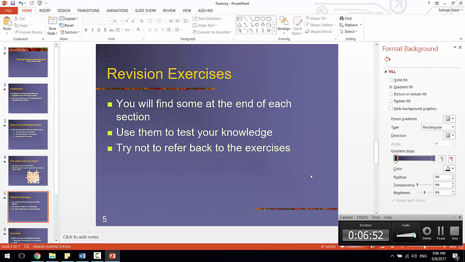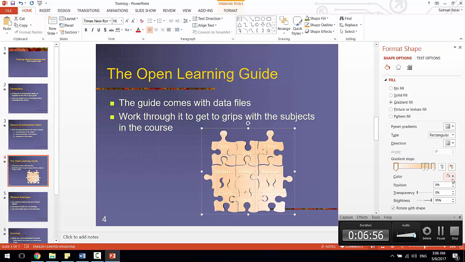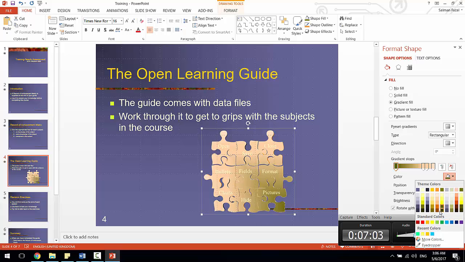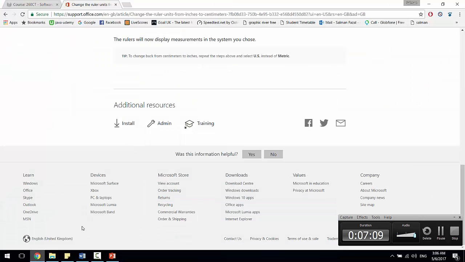Or, oops, what did I do? Go back to slide 4, select this, or you can change the color as well. So to anything, yeah, let's just stick with, or something darker as well, I don't know, black. Okay, yeah, that will do. Just don't waste your time in all this. Okay,